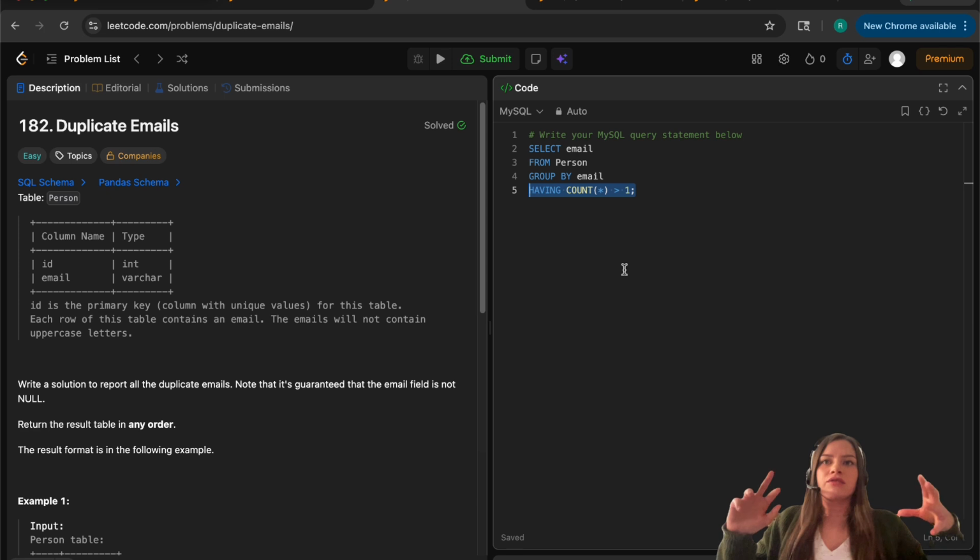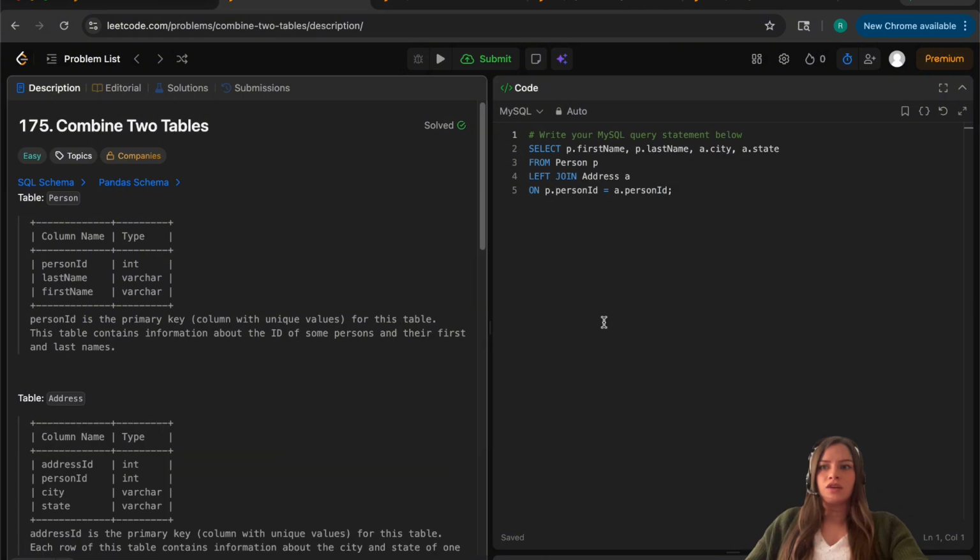So the main idea for this problem is it's a group aggregation filtering problem. We restructure the data first, and then we evaluate the group level conditions. On to our next problem, which is combine two tables. So the objective